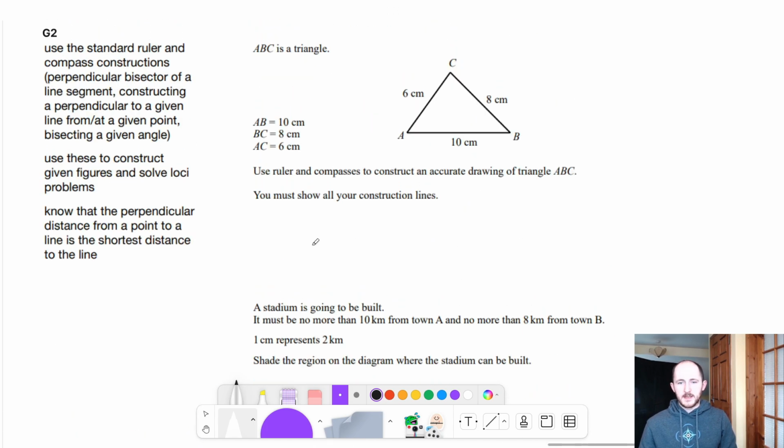So how do you do these? Well, the next thing also is know that the perpendicular distance is the shortest distance possible. So how do you do these? Well, I would recommend looking up some videos on these, but the way you do it is if you had